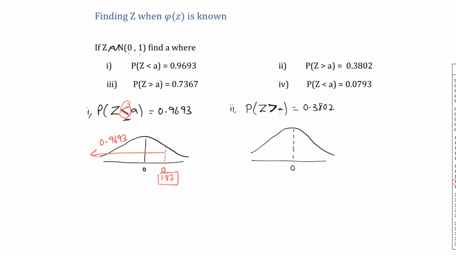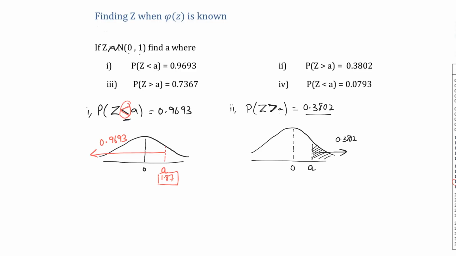A is lying at a place where the probability of Z greater than A is just 0.3802. So we have been given a tail area, so the value of A should be here, such that the probability of Z greater than A, which is the tail area, is just